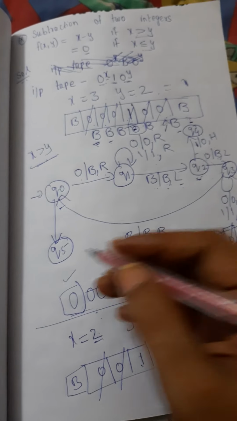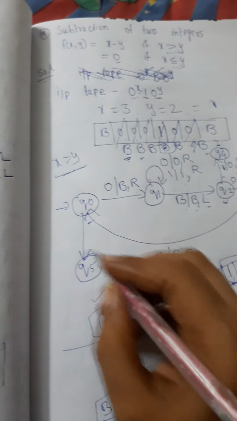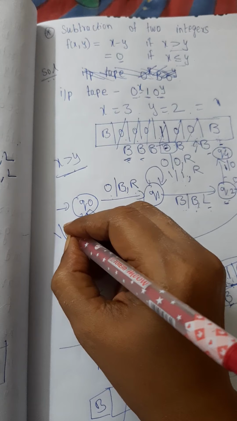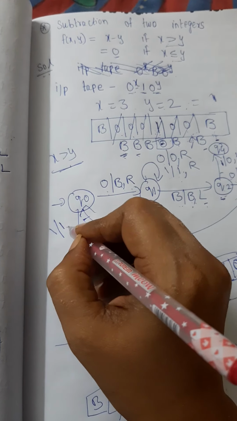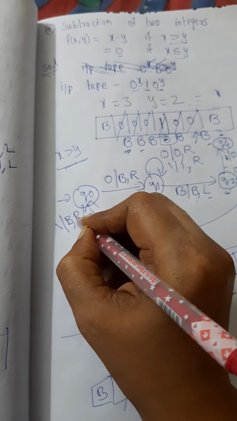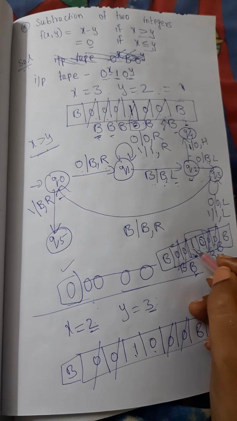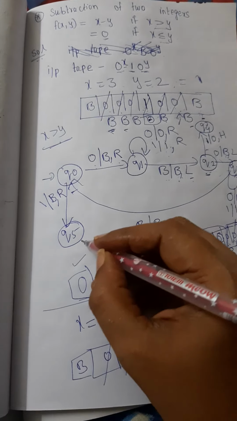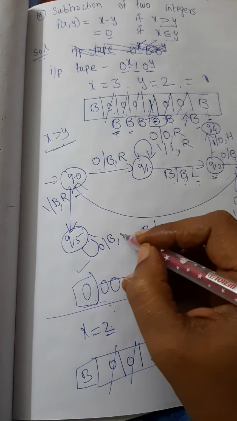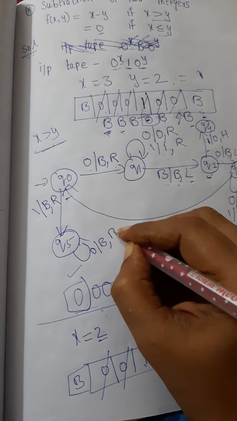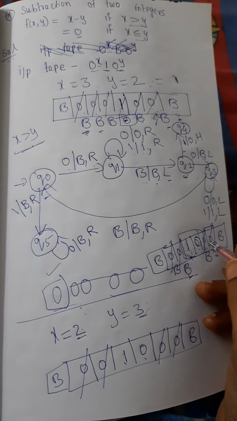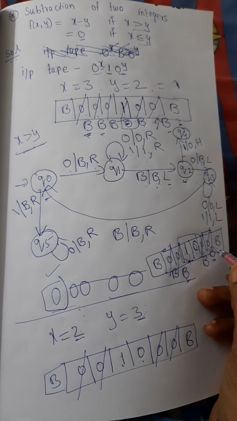Now whatever is left over here, 1 with 1, just move. 1 with blank, we will move and make it move right, and after 1 we can have any number of zeros here. So any number of zeros you make blank and you move right, over the number of zeros.